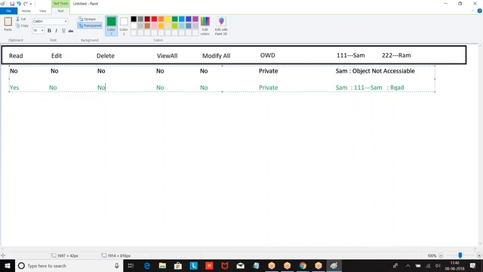That is the reason he has only read. Even though you are the owner of the record, if you want to perform any operation, you require permission at the object level and at the record level. OWD is private, so on the record, you don't have permission to see 222. Are you clear? So I give read.